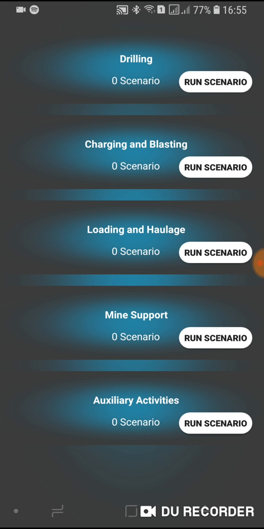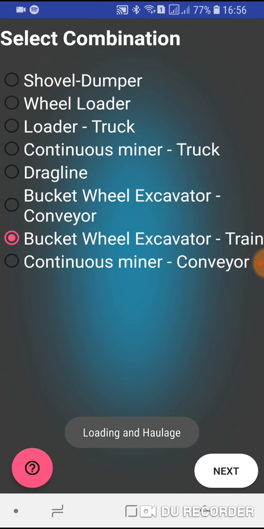In here, the loading and haulage module is the one that's operational in our beta version, but we are also working with other modules. And if you would like for us to develop these modules for a specific mine, we can provide this service. So just click run scenario,